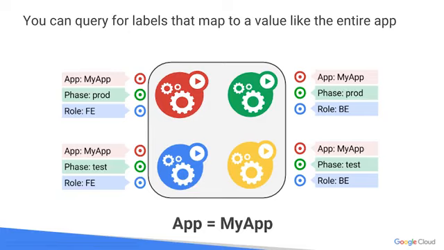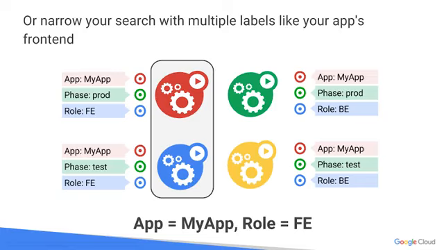You could query, you could find labels. Like I said, when you need to find something in 9,000 containers, it's going to be very handy to have a label. And you could also use it to map the entire application to that label itself. So my application, or app label equals all my applications. So an easy way to, again, group all your applications, or narrow your search, like I said. Trying to find a needle in the haystack of 1,000 containers could be very challenging. With tags and labels, it could be made very, very easy.